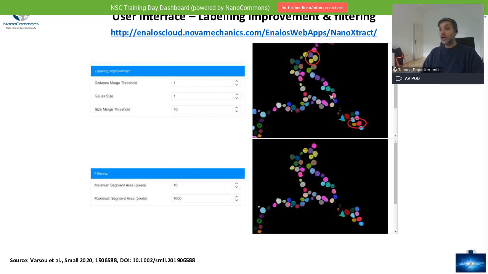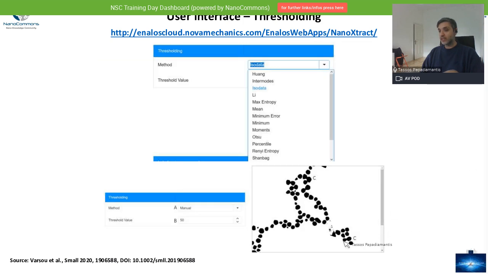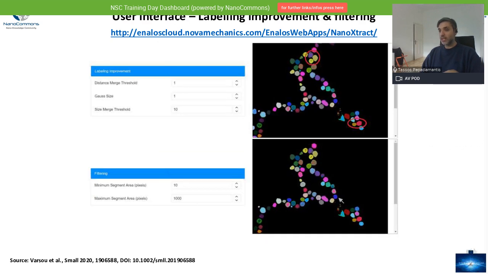The nanomaterials are identified and highlighted in different colors, so that the user can better follow the labeling process. And you can see that even if we go back here, where you have some overlapping and so on, the tool has been able to divide the nanomaterials.